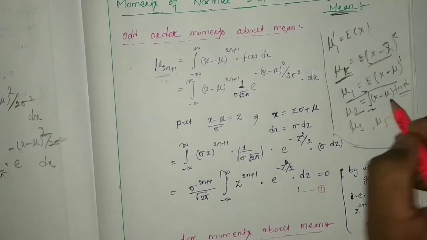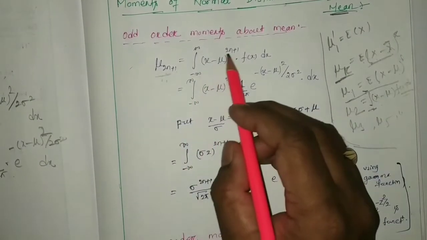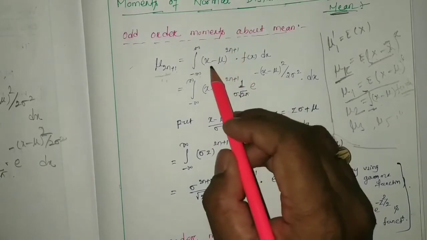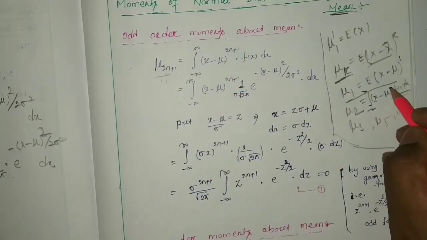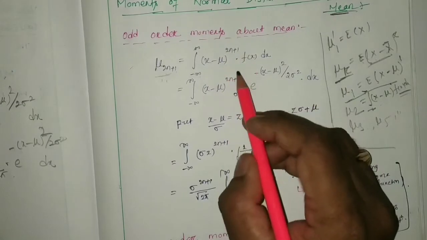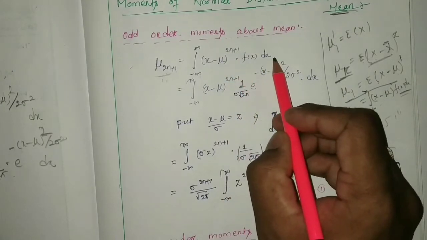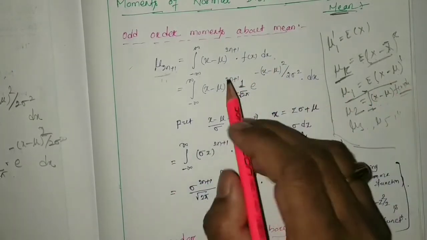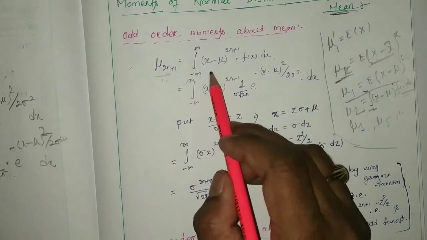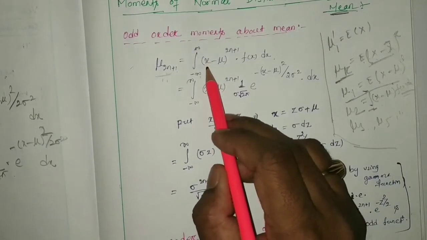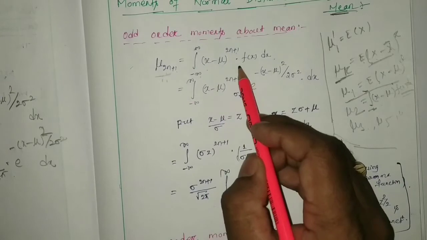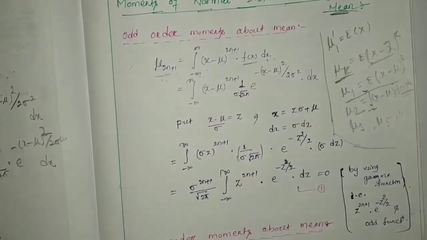So the same thing has been written. If we consider 2n plus 1 order, it will be x minus mu to the power 2n plus 1 into fx dx. Okay. So here minus infinity to plus infinity of x minus mu to the power 2n plus 1 into pdf into dx,